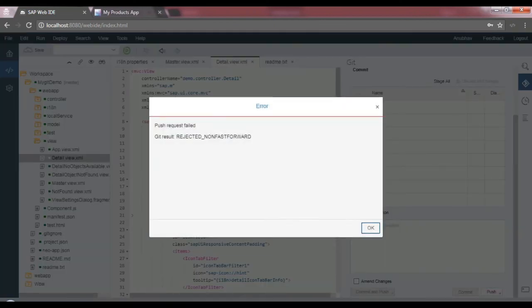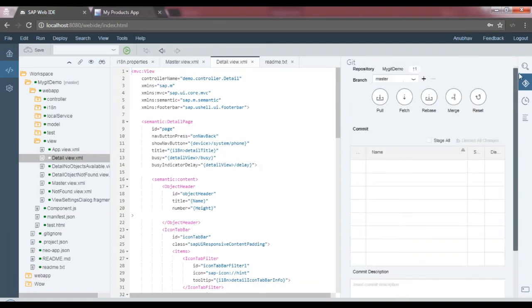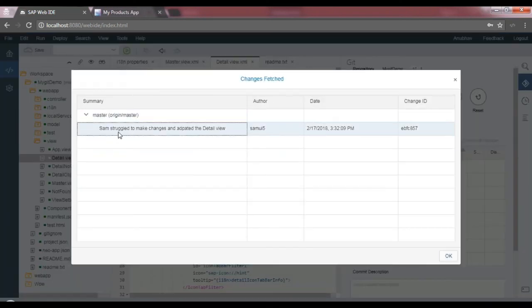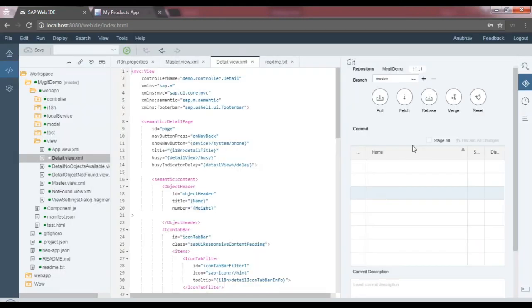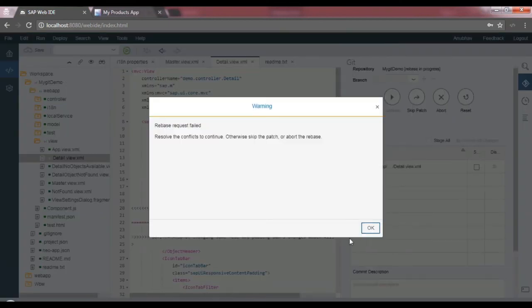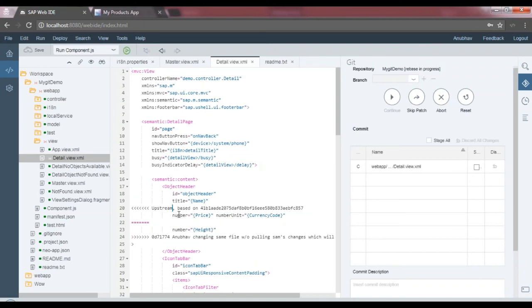So this will fail. You see, rejected. So what I have to do is first pull the changes, so fetch what Sam has made. You will now see there is one change which was not synchronized by Anubhav, which Sam has made. You see, Sam struggled and made his changes, and I see this is there, and I will now do rebase. I try to do rebase from remote branch, and you can see, guys, it's showing now